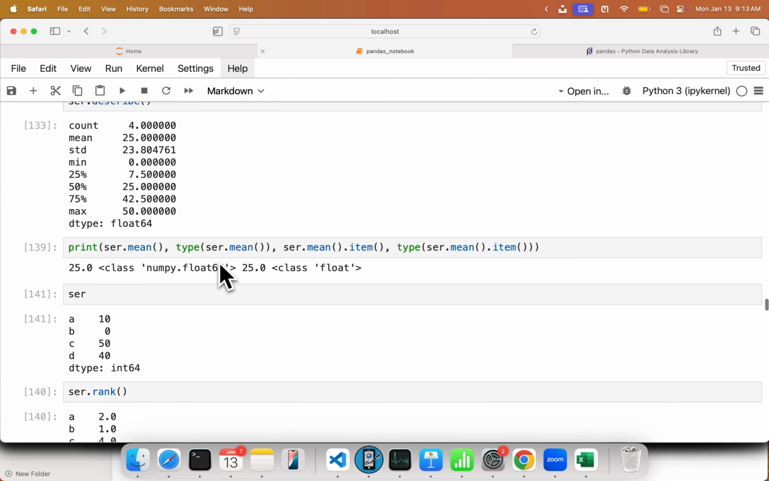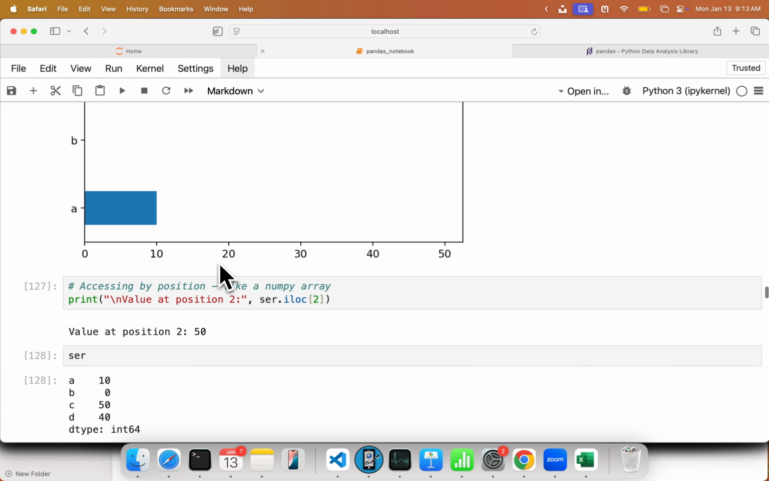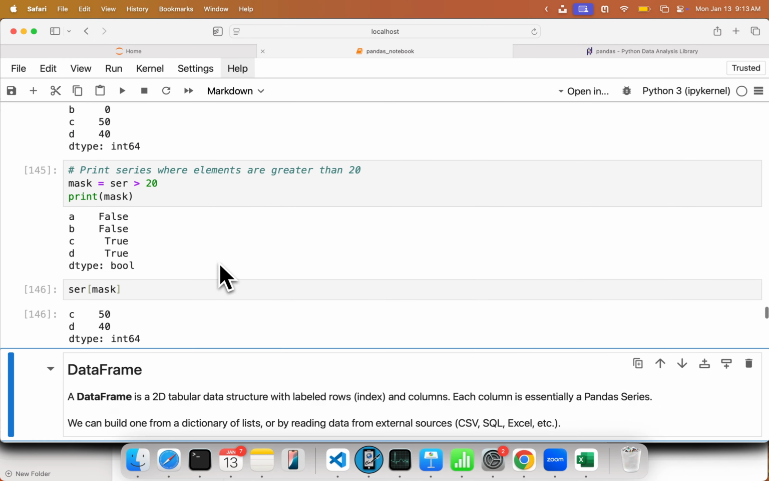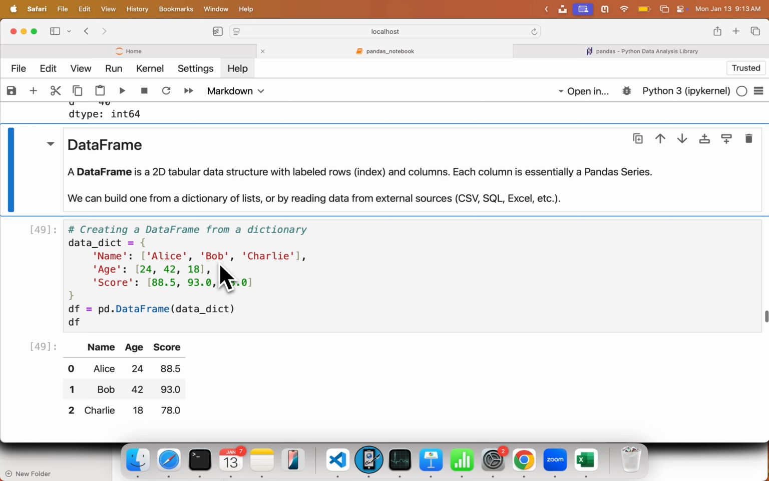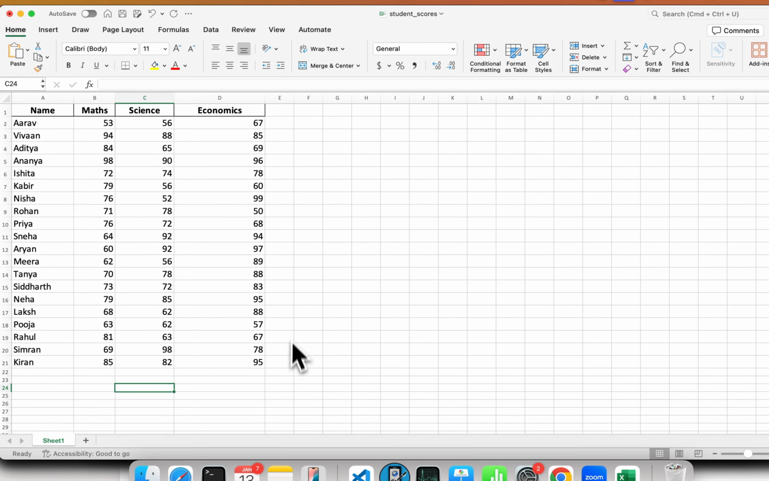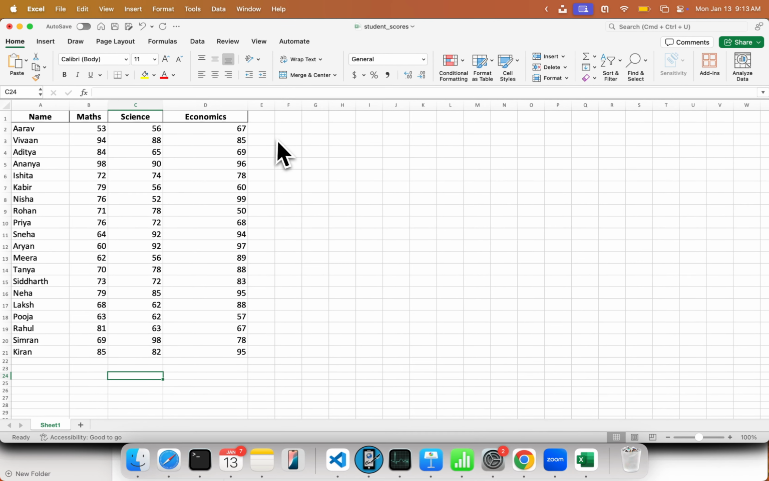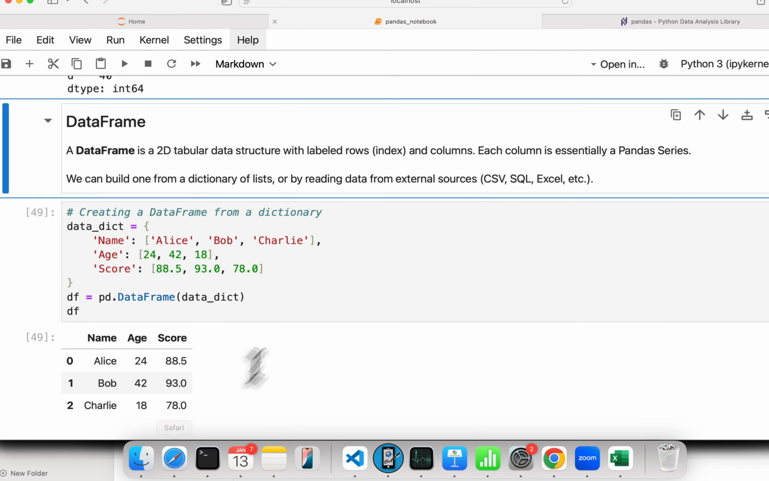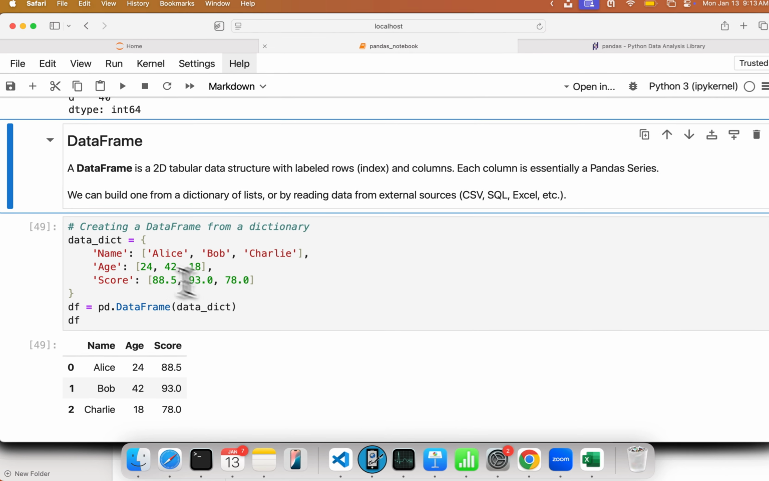Now this was a one-dimensional data structure corresponding to a unidimensional numpy array, but importantly it has the index also, which a numpy array does not have, so you have to index by the position. Similar to this, now we have the two-dimensional tabular data structure. Whenever I talk about data frame, I want you to picture in your head something like a spreadsheet. You have the different columns, you have the index. So I'll create this simple data structure